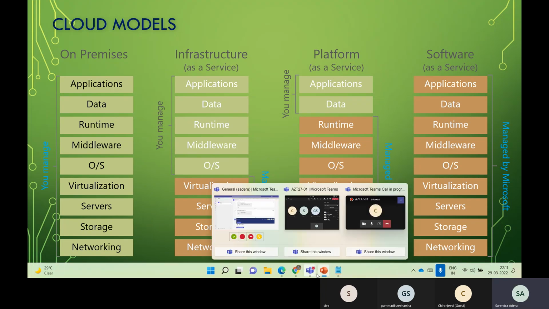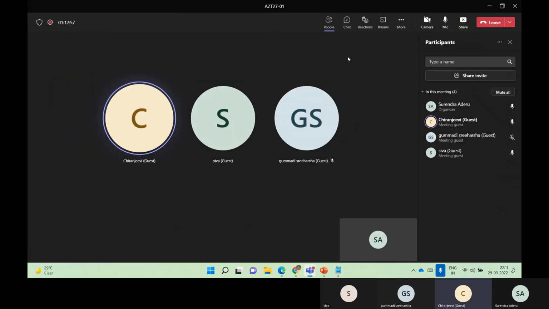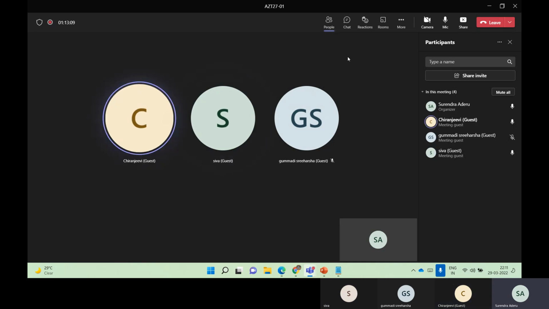If you have any questions, feel free to discuss. Harsha and Shiva, any questions? Able to follow? Yes. Okay, that sounds really great. If there are no further questions, let's wind up the session for today.